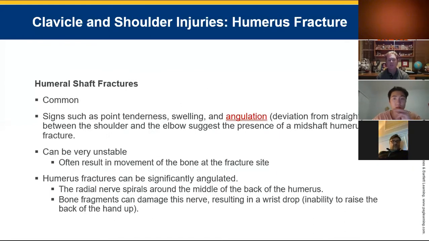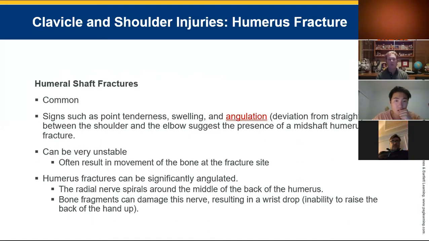Next, humerus shaft fractures. Those are more common. Again, with all of this stuff, it's going to go back to point tenderness, swelling. Is there an angulation? Is it a deviation from being straight? Between the shoulder and the elbow suggests a presence of midshaft fracture, but it can be anywhere up the length